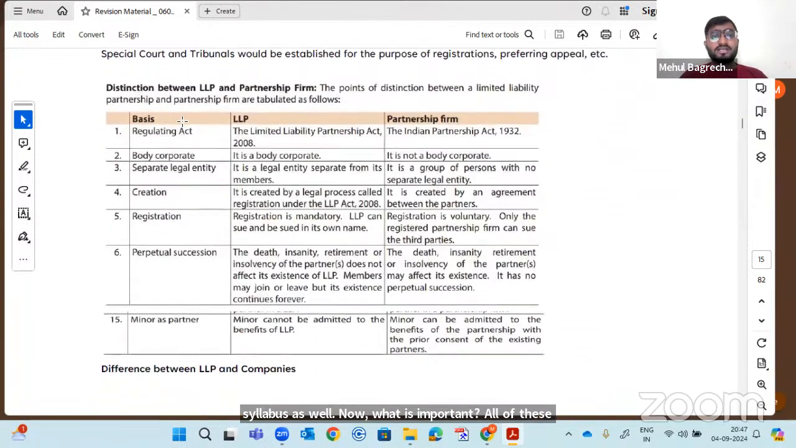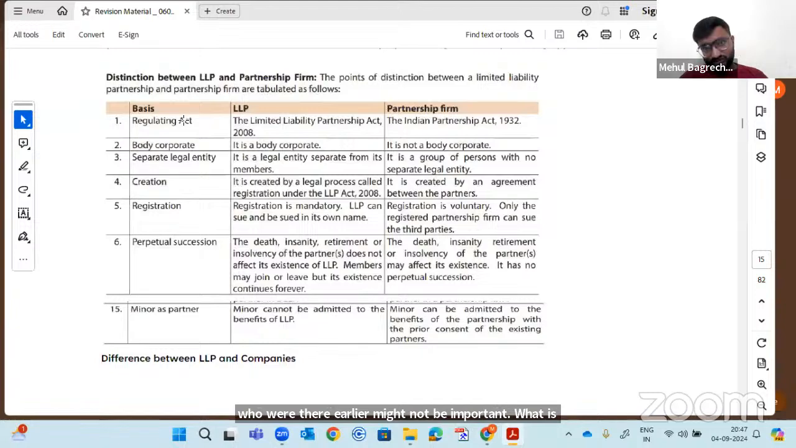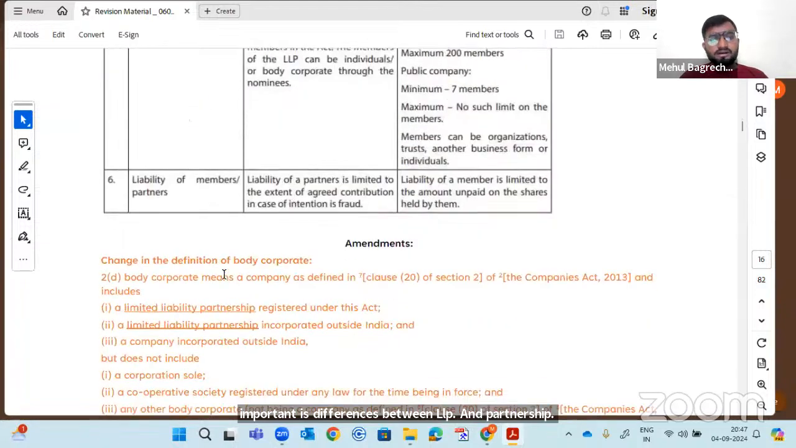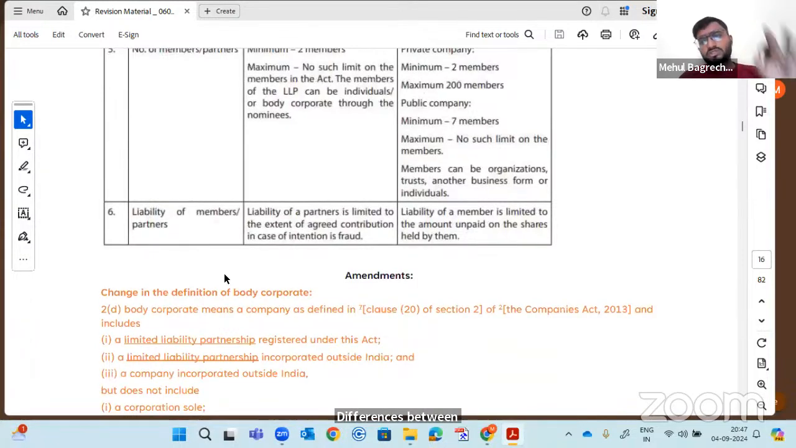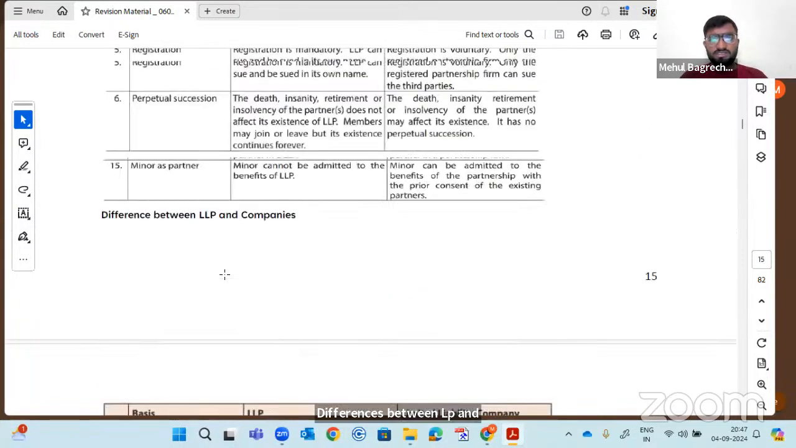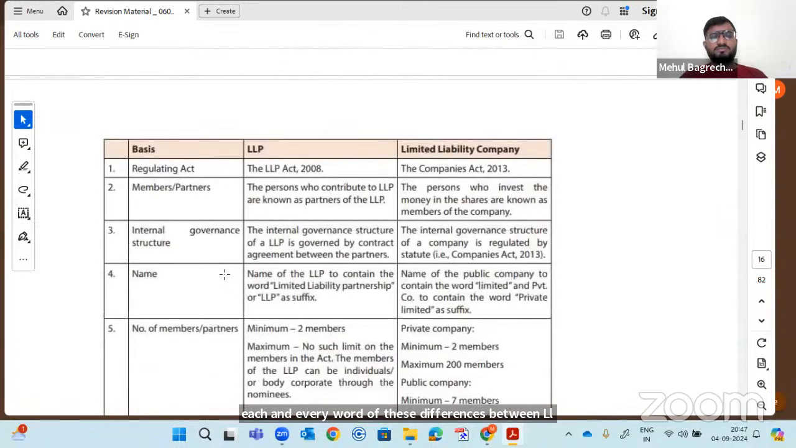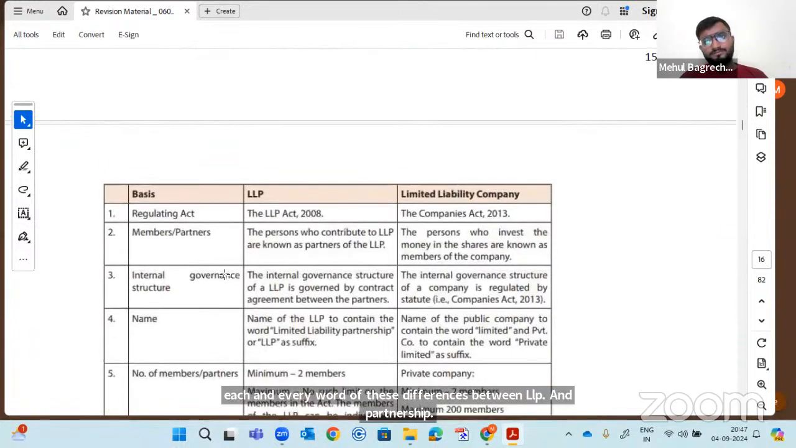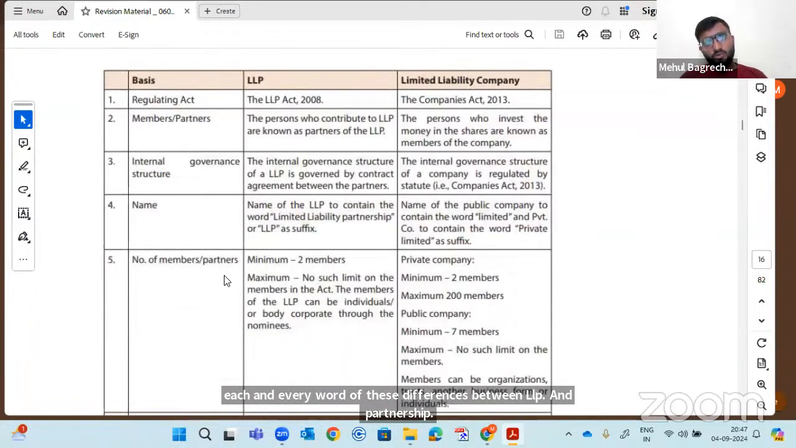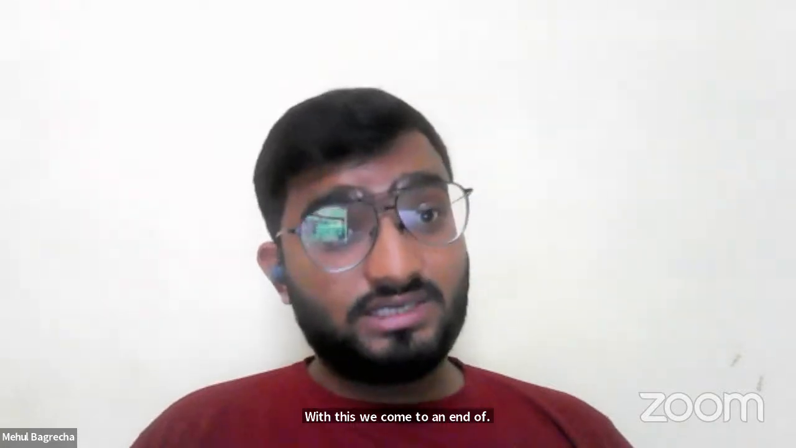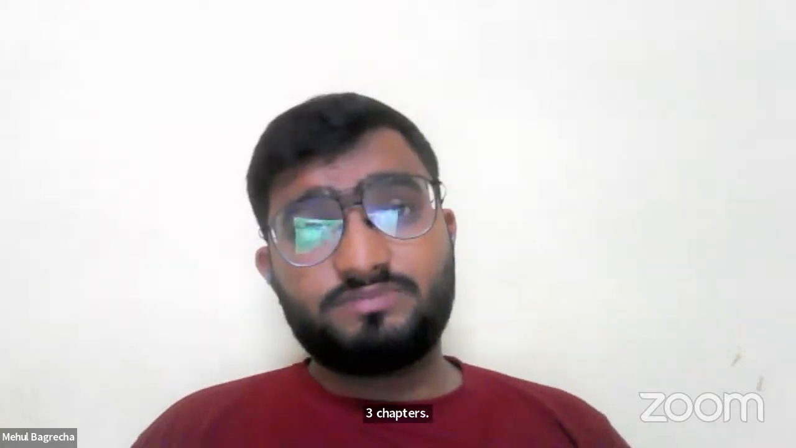What is important is differences between LLP and partnership, differences between LLP and companies. 100% you must know each and every word of these differences. Differences between LLP and partnership, differences between LLP and company. With this, we come to an end of 3 chapters. All right, we have revised 3 chapters, if you realize, in a span of